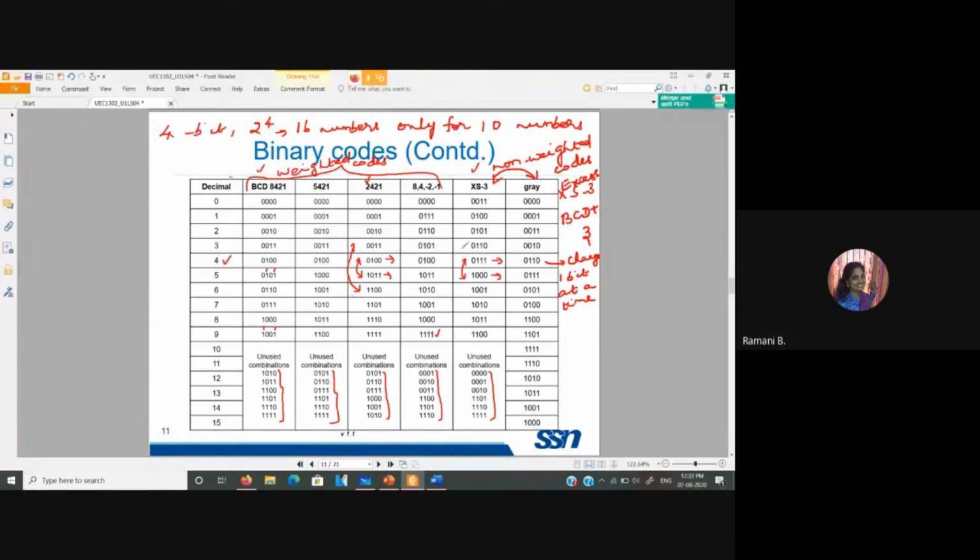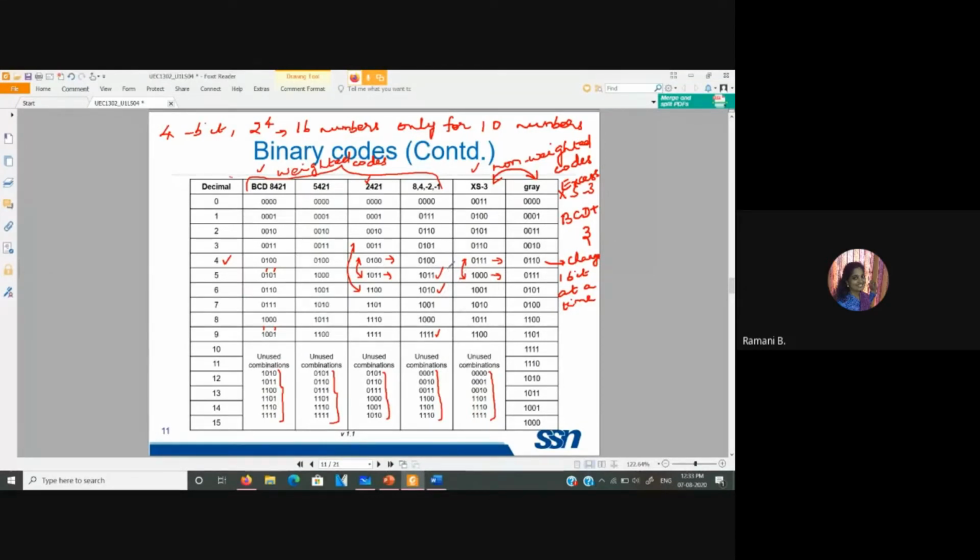For other codes, we cannot always say that. Because in the case of the 84-2-1 code, here you are having 1011, and after that only this 1010 is occurring. So the previous one is not always smaller than this.